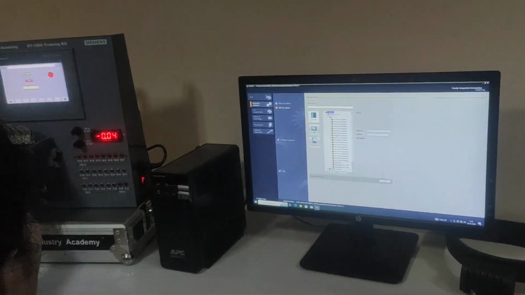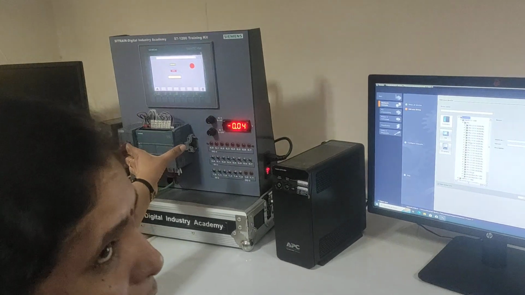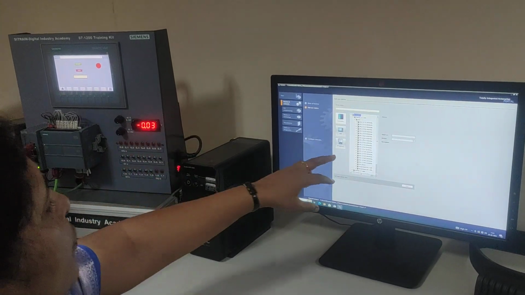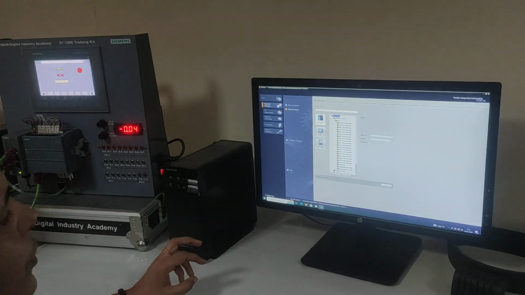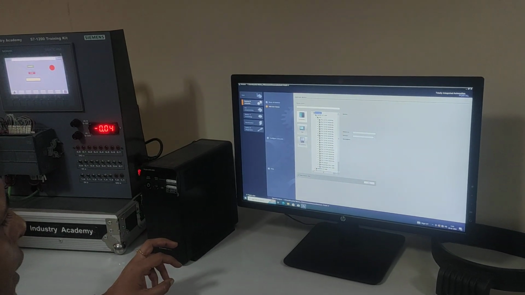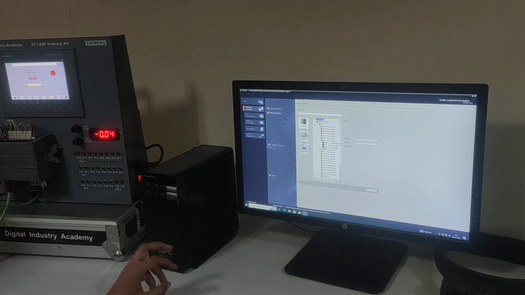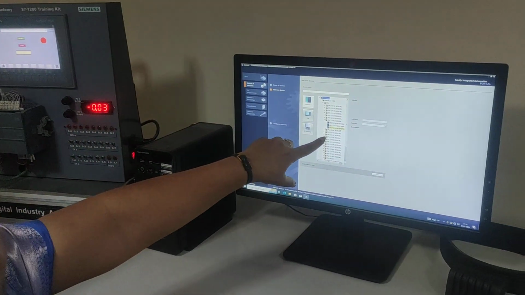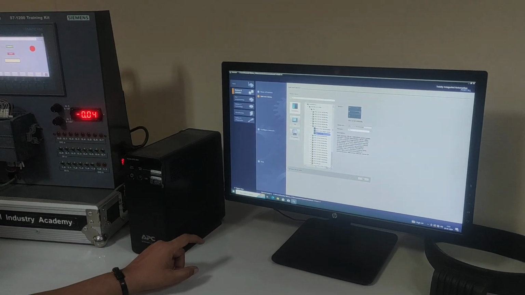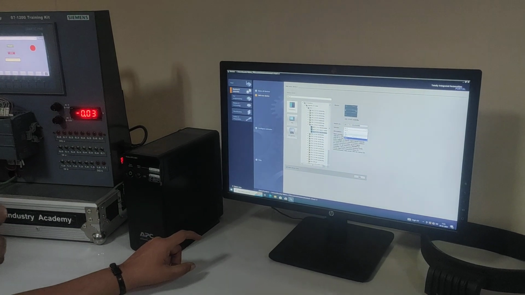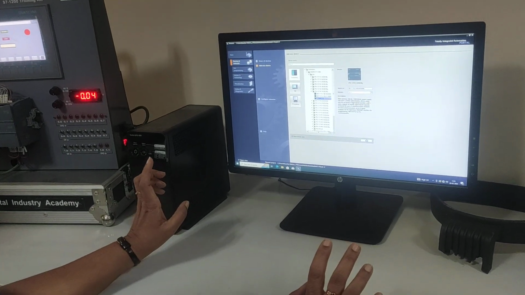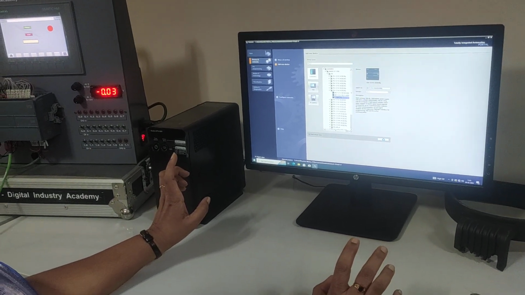This CPU works with 230 volts AC, and the inputs we are giving are digital inputs, and the outputs are relay type outputs. So we are selecting this AC DC relay one, and you will have a number here, that third one. After that you change the version to 4.3, and then add. This is the procedure.